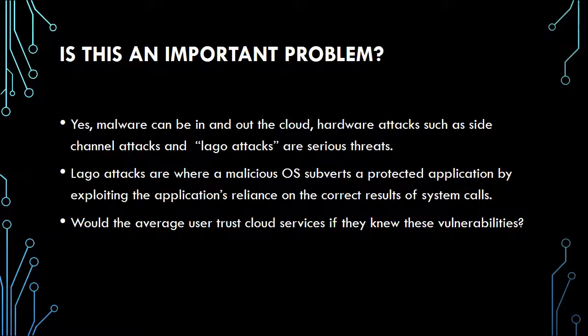So is this an important problem? Yes, malware can be in and out of the cloud. Hardware attacks such as side channel attacks and Iago attacks are serious threats. Iago attacks are where a malicious OS subverts a protected application by exploiting the application's reliance on the correct results